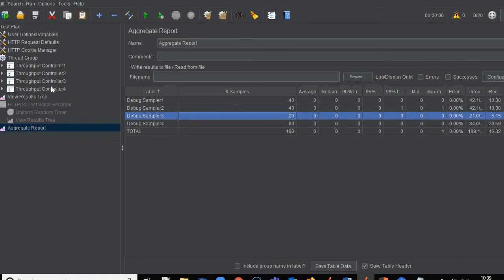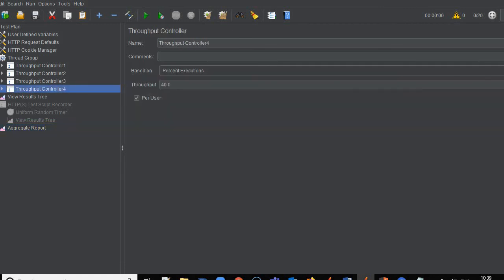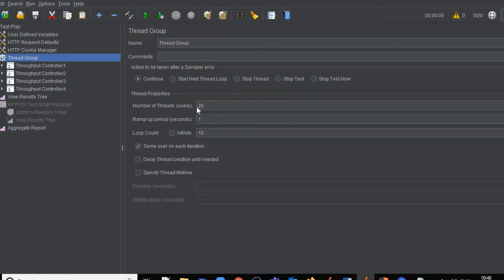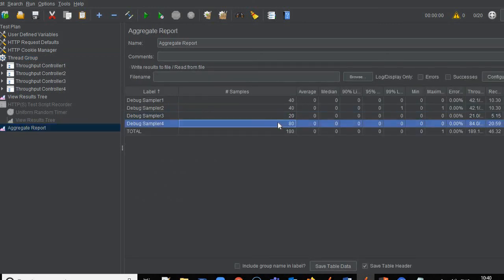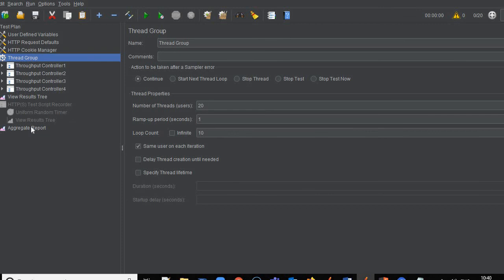And for the throughput controller 4, we have mentioned 40%, so it will give 4. So for all the 20 users, 4 iterations will be executed. The 20 users, 4 iterations are executed, so total 80 iterations executed. So that means in total we can see over here 180 iterations executed. Okay, so based upon this only,